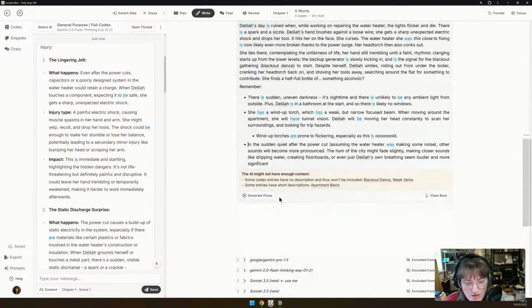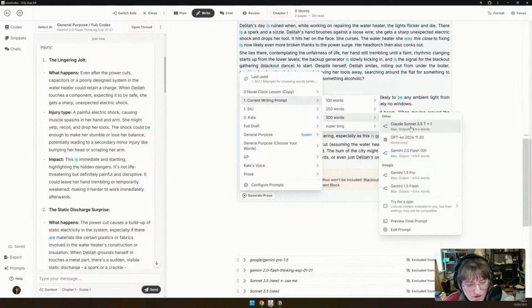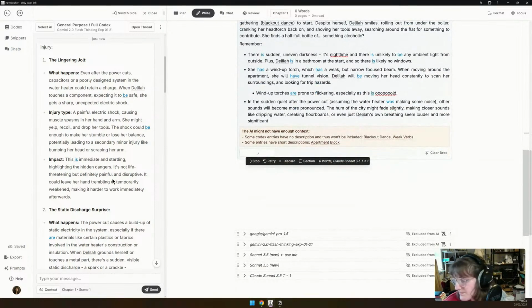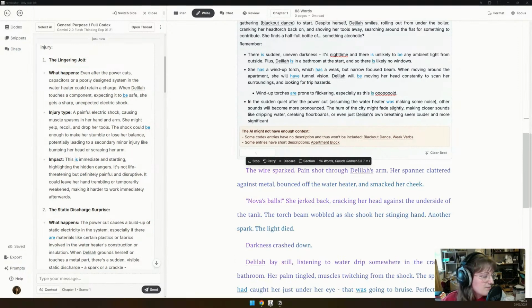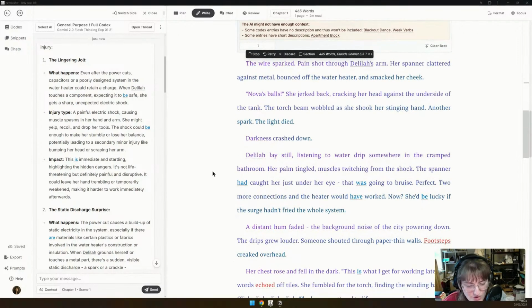Okay, right. Generate prose. Let's start with just doing a sonnet. I'm going to put some different music on. Okay, well, I definitely kept her voice, so that's good.